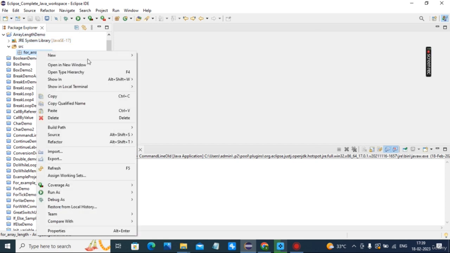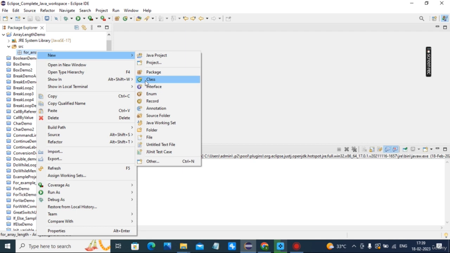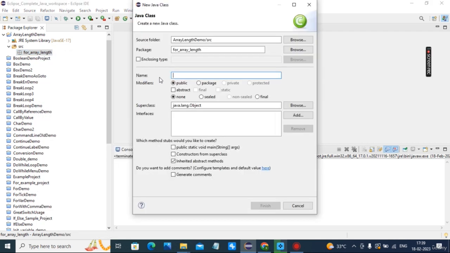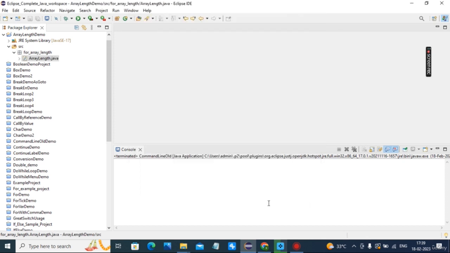Then stars, main, display the length of array.